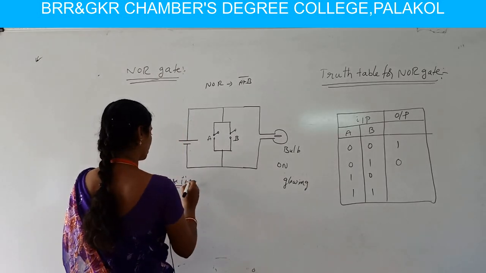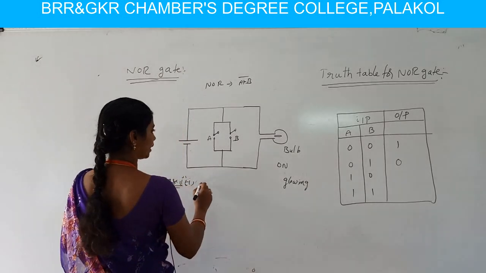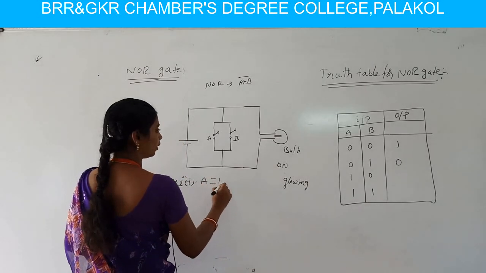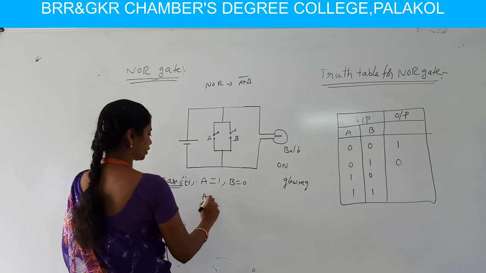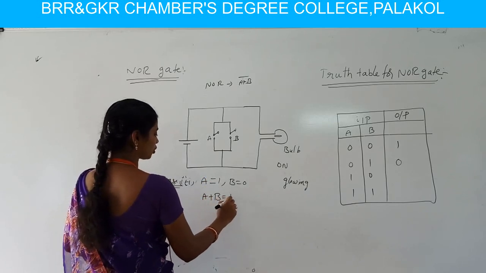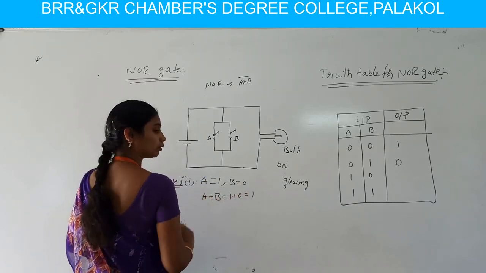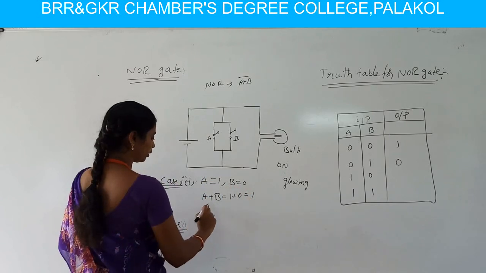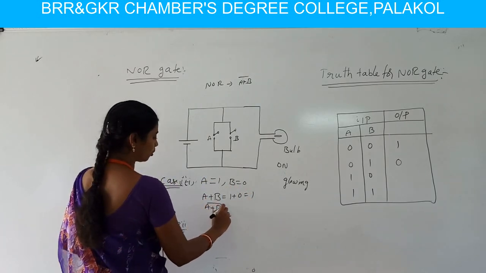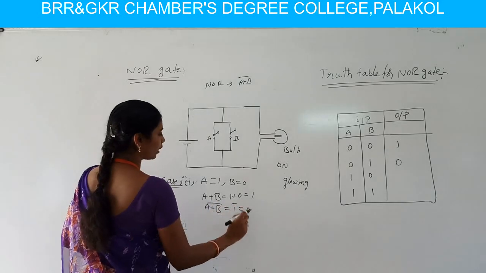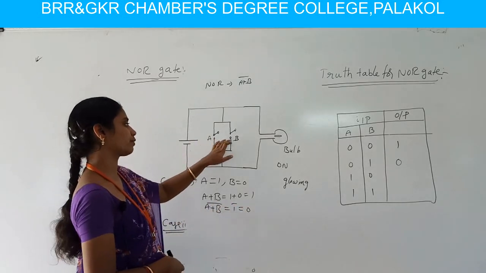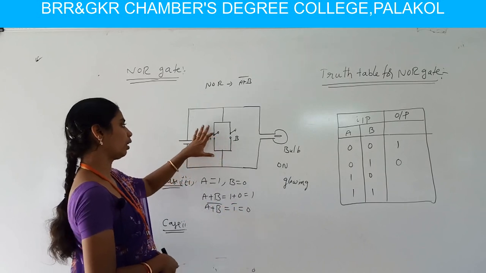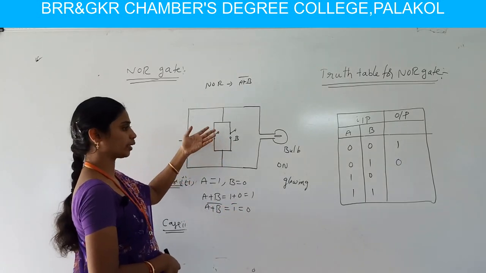So case 3 is where A is 1 and B is 0. We know the binary addition operation, 1 plus 0 gives 1 as the output. Here the NOR gate is A plus B whole bar, 1 bar, which is also 0. It means switch A is on and switch B is in open condition, and we also got 0 in the previous case.